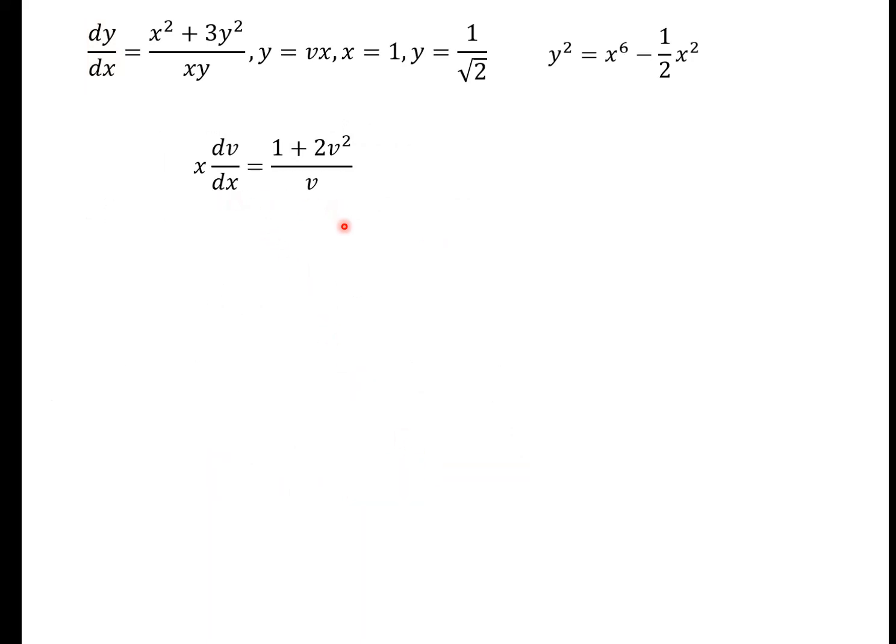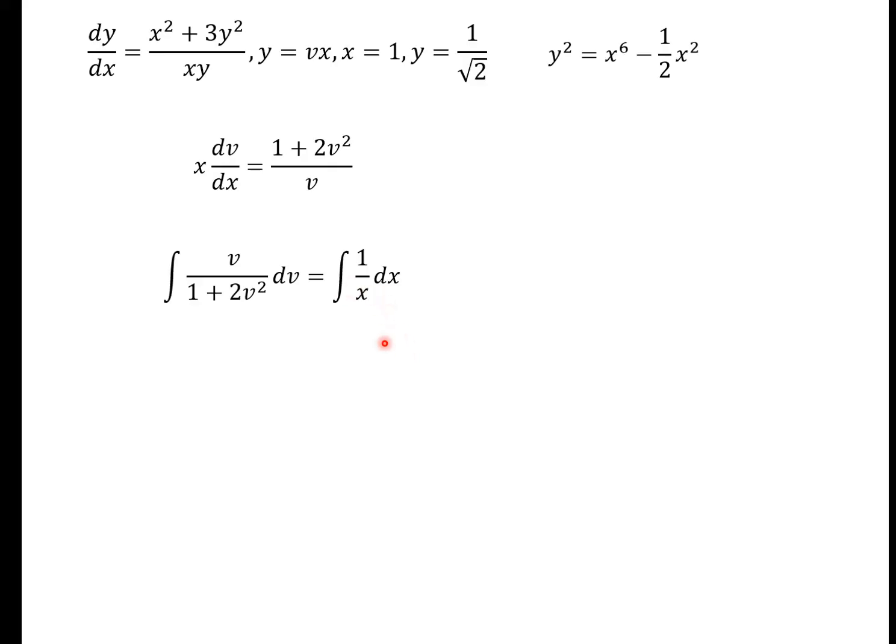Now I can separate the variables, so I get the v's on one side and the x on the other. I'll stick the dx up here. Then I need to sort this fraction out, so the v is going to go up here, and the 1 plus 2v squared is going to go down here, and then I'll divide both sides by x as well, so I have 1 over x. And then stick an integration sign in front, because that's what I'm going to do to get rid of the